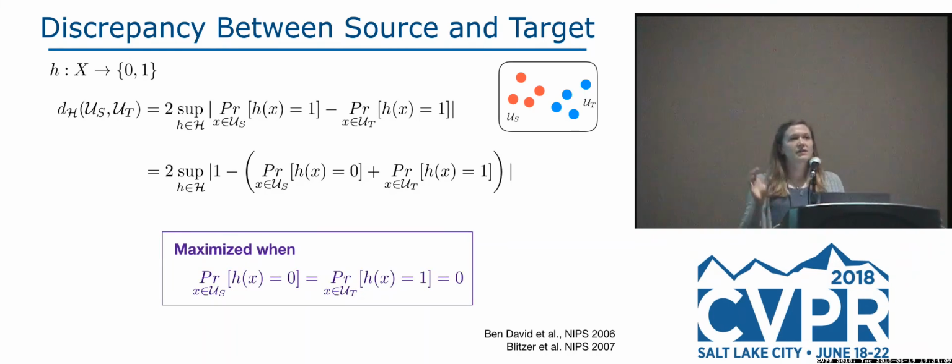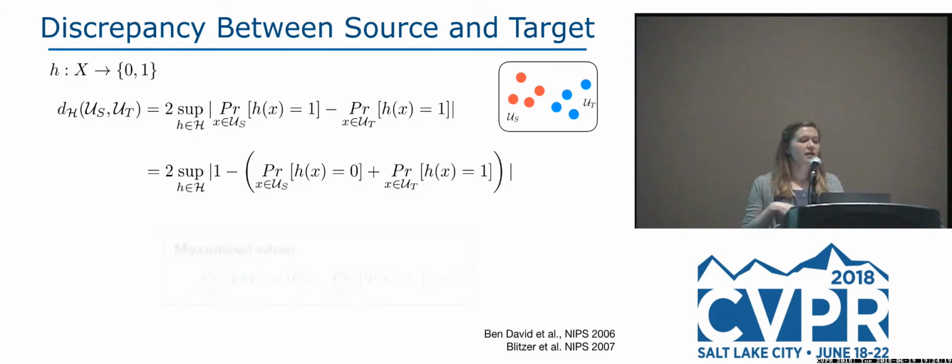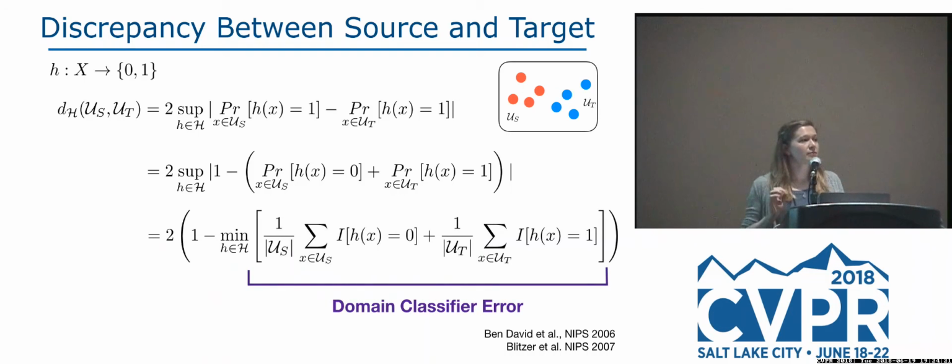And then examine this quantity, and notice that this term will be maximized exactly when both of these probabilities are 0. It turns out that you can actually compute that based on training a classifier and looking at the